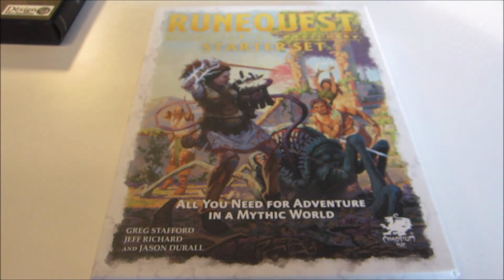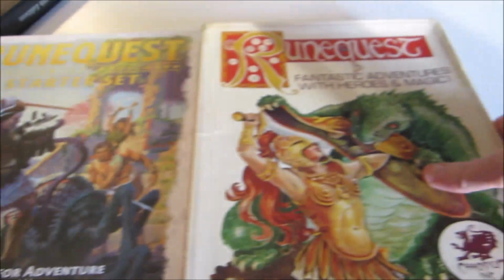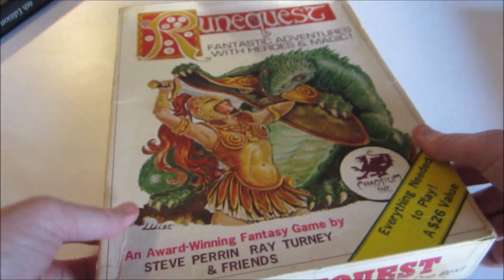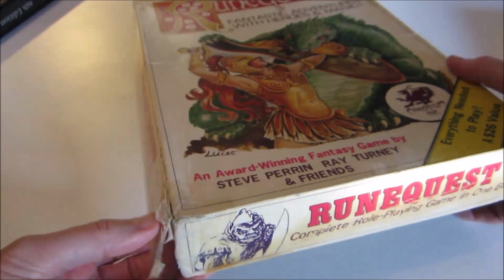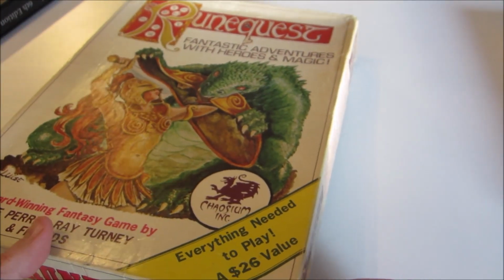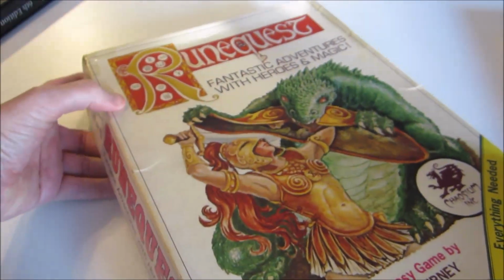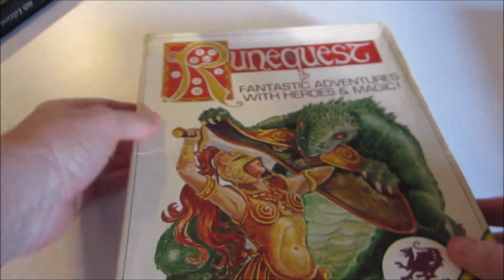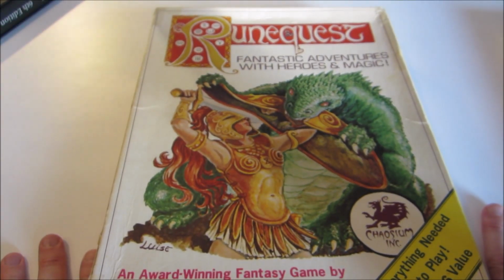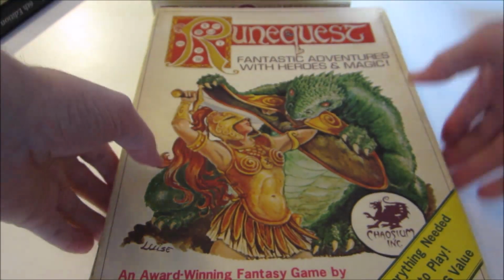Now, let me show you. Here's my ancient copy of the second edition. It's a box set that's kind of coming apart. I've taped some corners. I should probably tape this corner as well, and that one. It's seen a lot of use, seen a lot of play, but I've played even more actually of